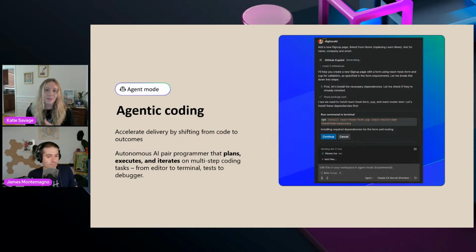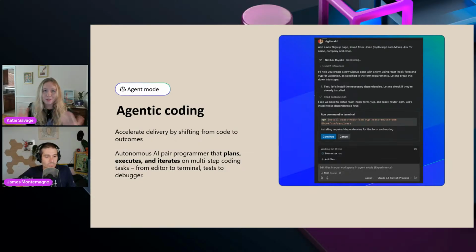But then in VS Code and Visual Studio, there was a big change, which was agent mode. This really turned GitHub Copilot into an autonomous AI programmer. That means it could plan, execute, and iterate on multi-step tasks. So now when you ask GitHub Copilot for help, it can go and attack that issue and figure out what's going on.